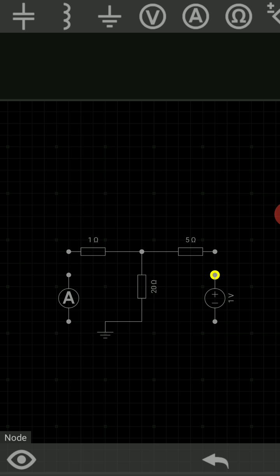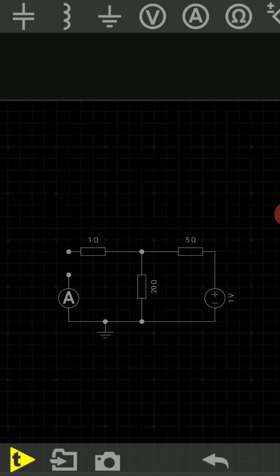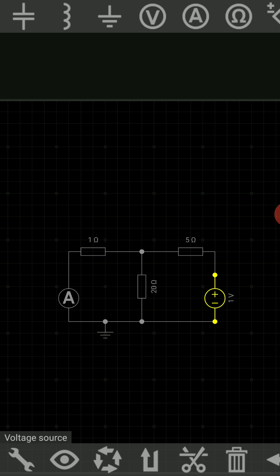Then just connect it. Select this node, connect here. Select this node, click here. Select this node, click to the ground, so it gets connected. Now, what is the difference? I have interchanged input and output. And what is the value of the voltage source? Earlier we selected the voltage value as 5 volt.